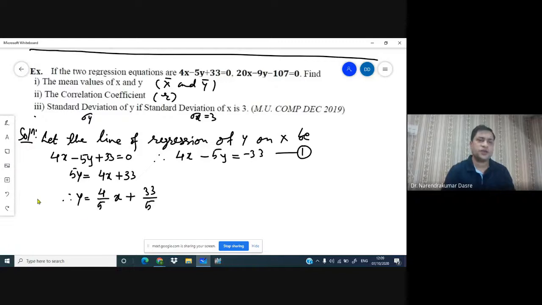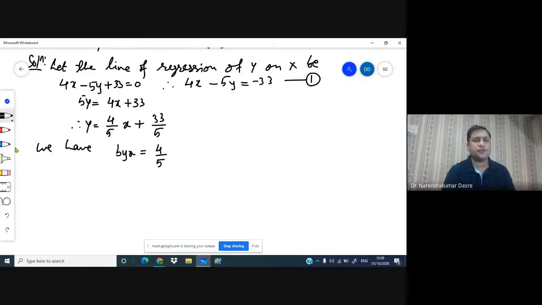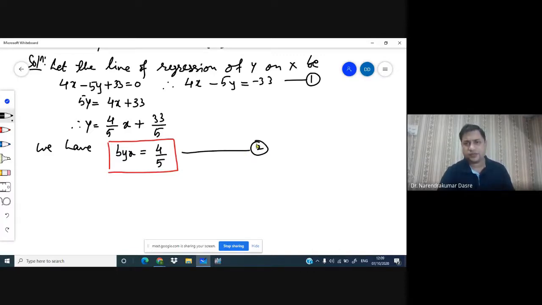So from this equation, I am able to get the value of byx. And hence, we have byx is equal to 4 by 5. So this is the value that we want to use later. And hence, I'll highlight it and make it an equation, so I can refer to it later on. Now the next, the line of regression